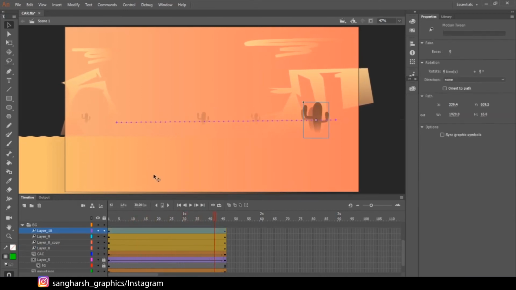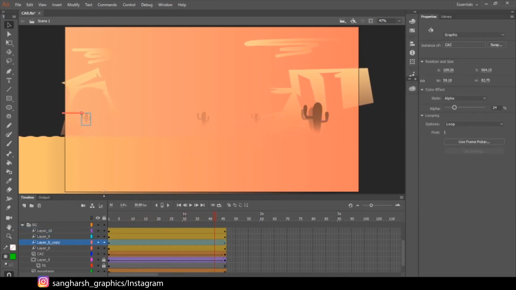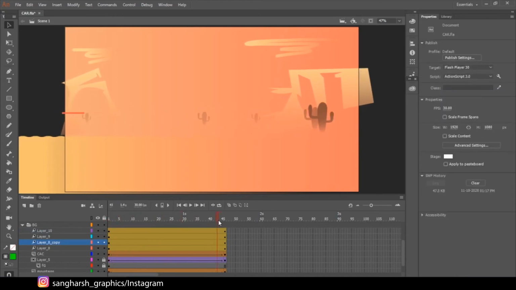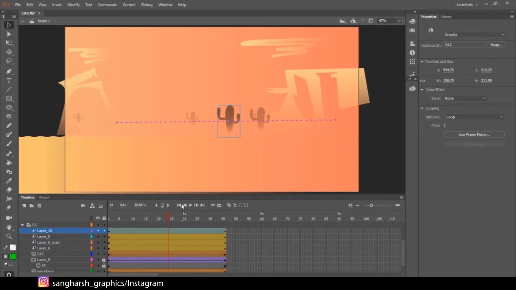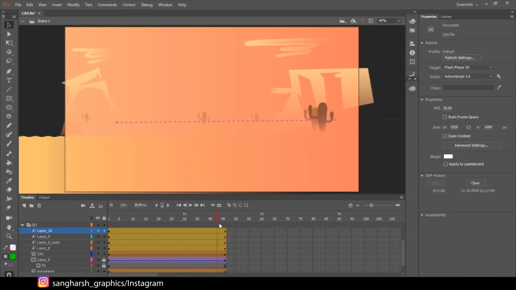Things which are farther from the camera, which are smaller, I have animated slowly, just a little bit. And this one is too big, just to have a parallax effect. This is the parallax effect.